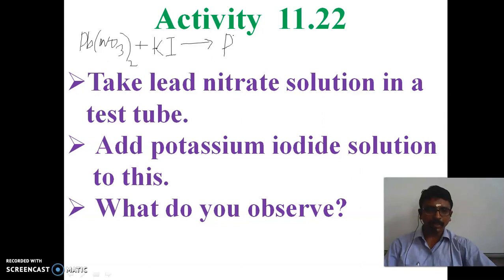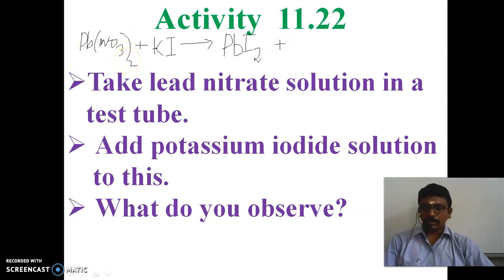First we have to write the formula for lead iodide. So what is the formula for lead? Pb. The formula for lead is Pb. The valency for lead is what? +2. And for iodide, what is the formula for iodide? I. The valency for iodide is -1. So the valency for lead is 2, so we can write it as 2 as a subscript near the iodide. So the formula for lead iodide will be PbI2, plus.